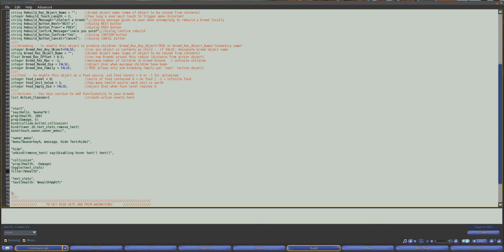And if health is less than 0, or if it equals 0, or whatever the case is,